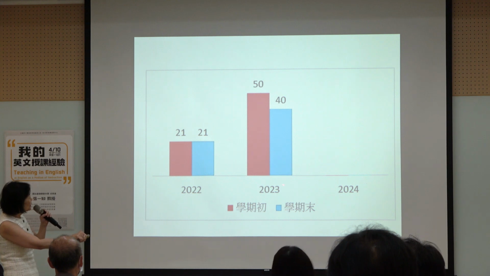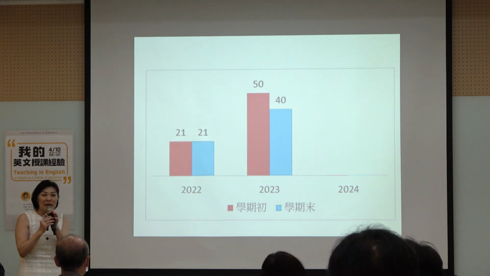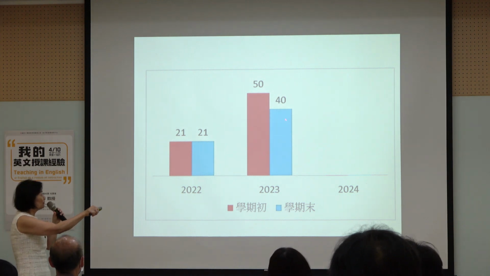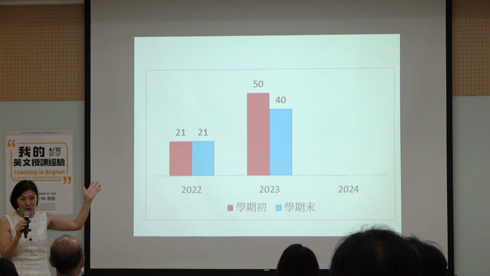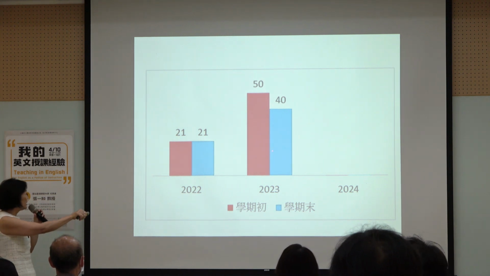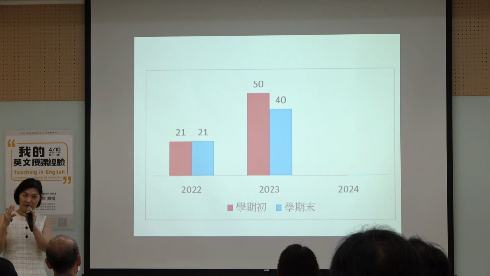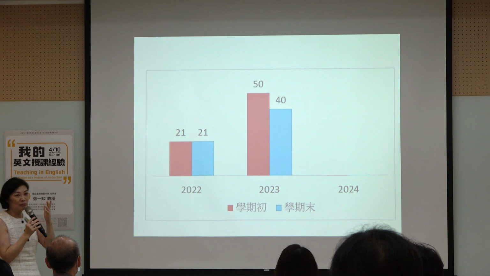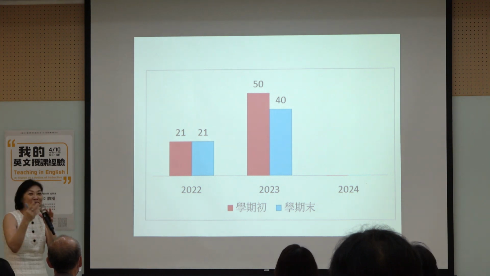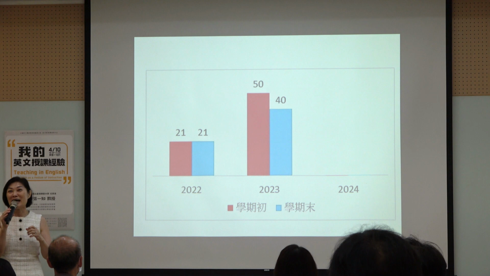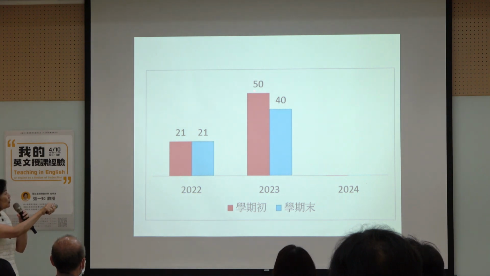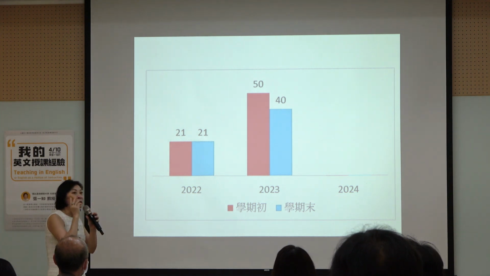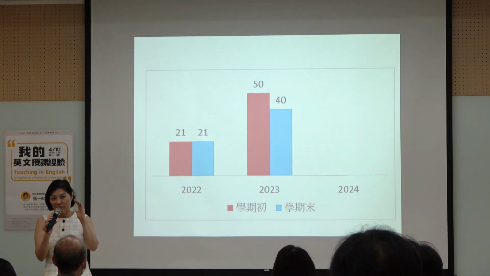Okay, this year, 50 is the maximum for the university. In the beginning, I got 50, but by the end I only had 40, so 10 of them dropped off. That year they also had a Chinese course offered, but not by me, by other professors. The other course is also mine, so I think they were afraid to switch. But for this year, because there are too many students, it's becoming very difficult to control.